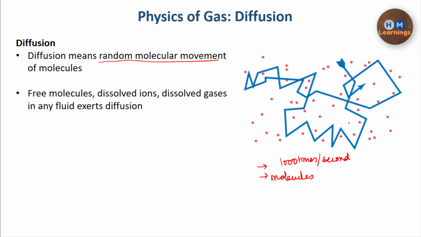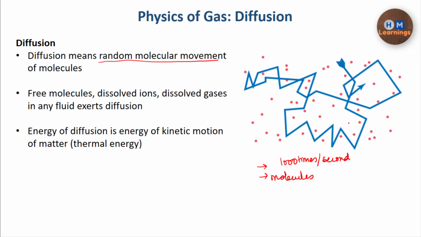That is diffusion. Now, where does the energy come from? So we are saying that molecules are in motion, so that means they have kinetic energy. So yes, the source of energy of the motion is the kinetic energy, and this energy comes basically from the temperature, and that is termed thermal energy. So any water molecule, whether at room temperature, lower than room temperature, or higher than room temperature, gets its energy from the atmosphere by the temperature, and that is how it has kinetic energy. So it will start moving.